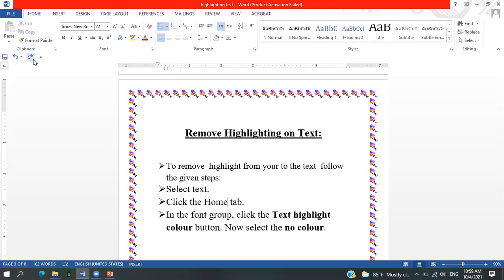And this is also available here in the quick access bar. You can see here, this is the redo and undo option. It is available here. Pressing this one or the shortcut Control plus Z will help you with that. I hope, my students, it is clear to you. So let's move to the next one.